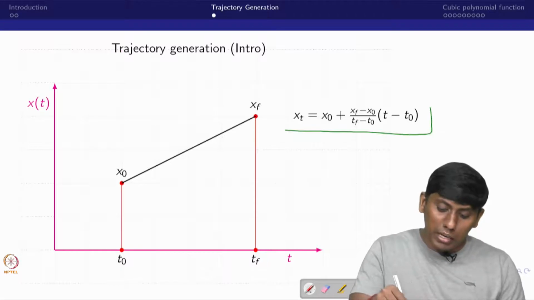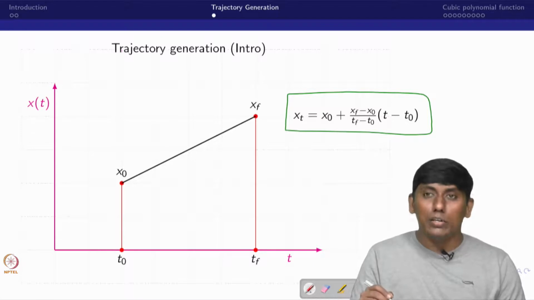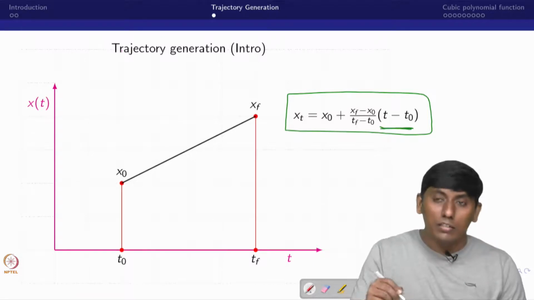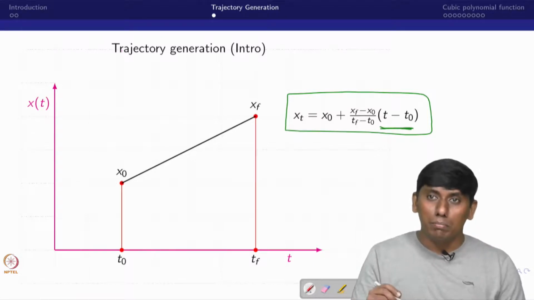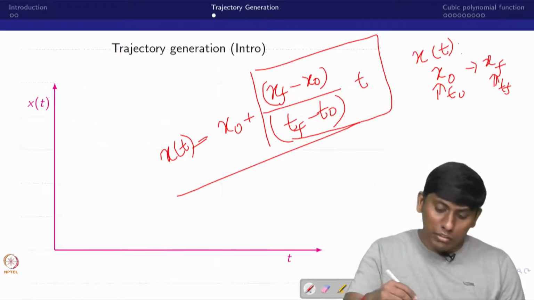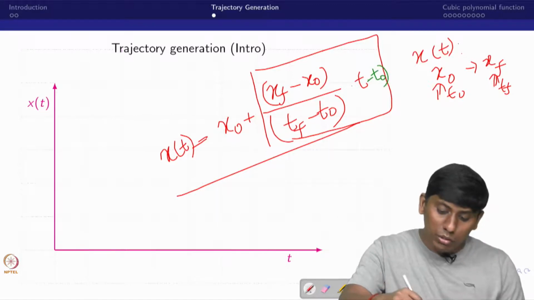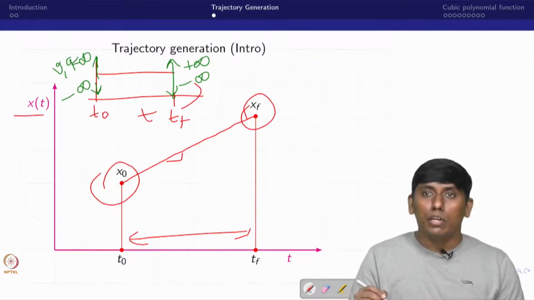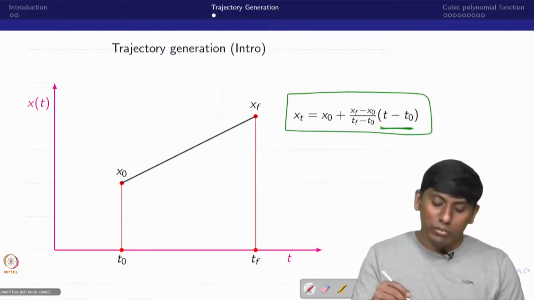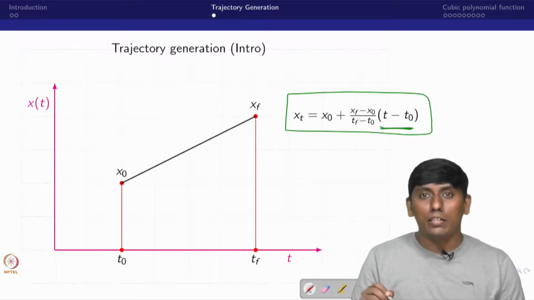In order to get this, the t naught we always assume 0. But if t naught is there, then you have to substitute that. So not simple t. I'll just rewrite this equation, so this is minus t naught, okay, so that you can get it clear. Now in that case, this is linear interpolation, this is not smooth, it is a jerky motion.